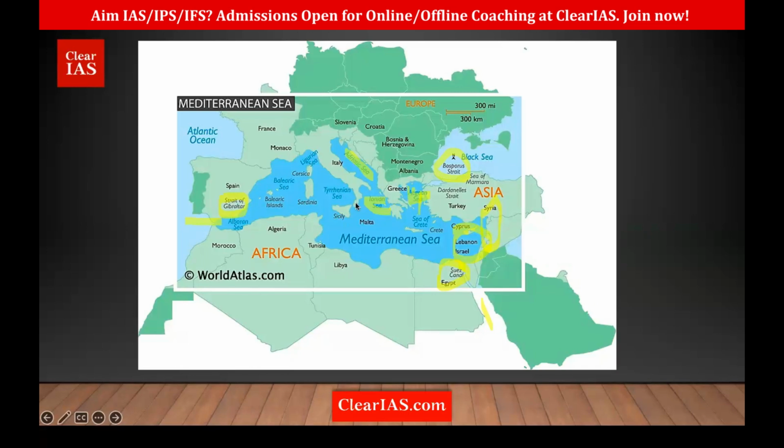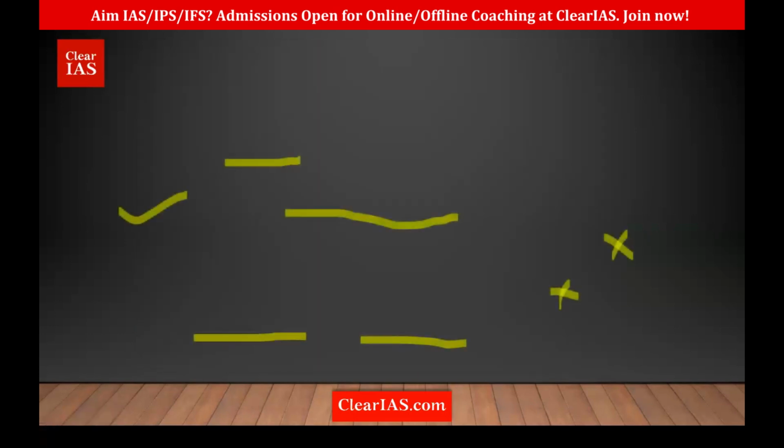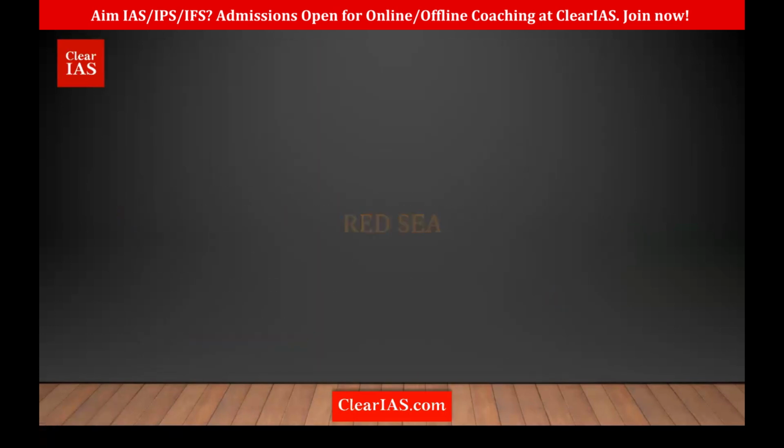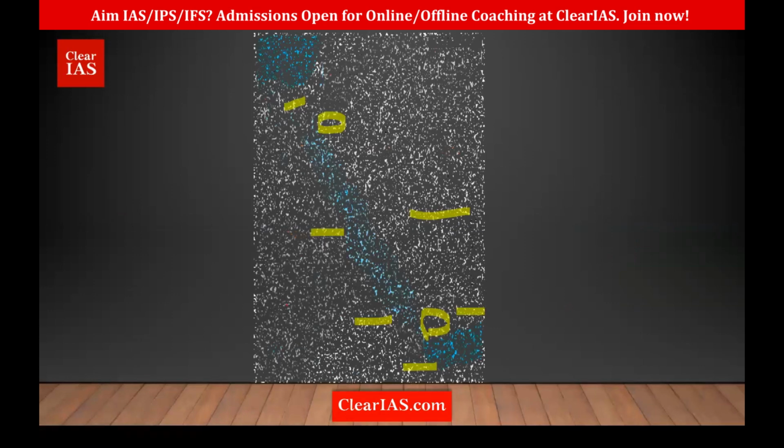Then we have what? The European countries, Spain, France, Italy, Greece. Then we have Asian country, Turkey. Then Black Sea and Bosphorus Strait. And all the seas, that is Aegean Sea, Ionian Sea, Adriatic Sea. That's it. Okay, remember at least these. Okay. Then yeah, we saw all the questions with regard to this. Then we saw the Red Sea.